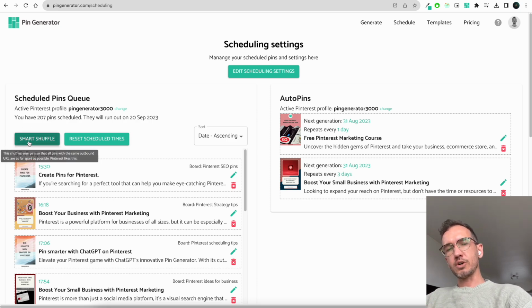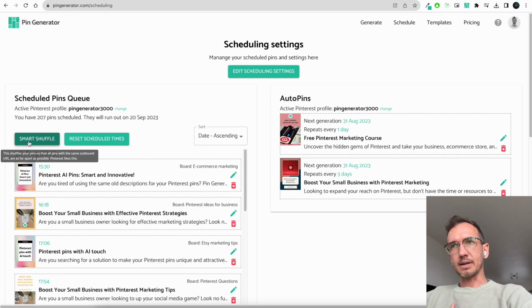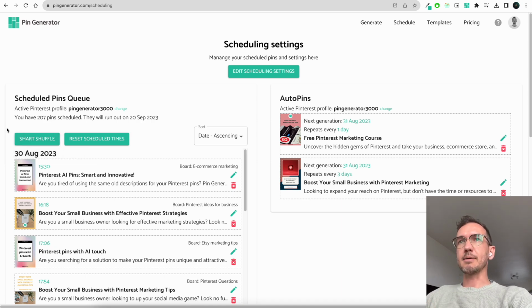So how that works is it does the best effort to spread out your outbound URLs as much as possible. Pinterest likes it when you don't pin too much to the same outbound URL every day. So this Smart Shuffle button looks at all your outbound link URLs and spaces them out accordingly so that they're the most spaced apart. You can look it up for a more in-depth, detailed explanation in the knowledge base, but that's how it works